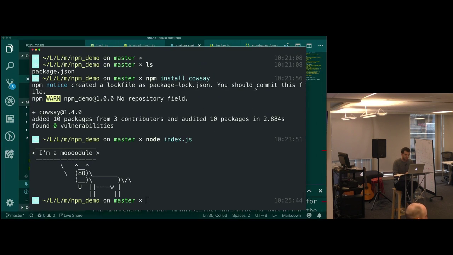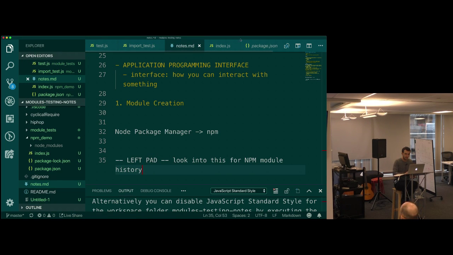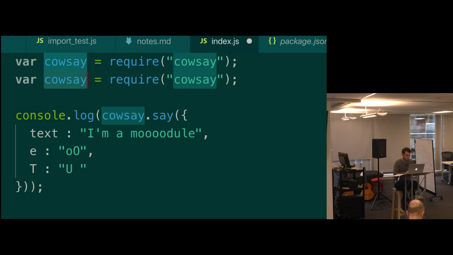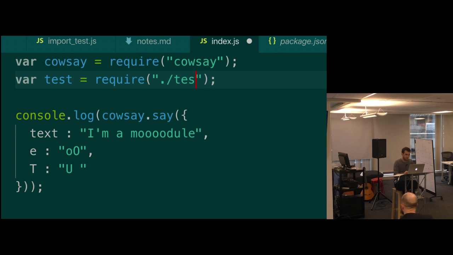Now, I brought in this module here, the little cowsay module. Is there anything fundamentally different about what I'm doing on this line than what I did in the other files? There's no period and forward slash for cowsay. It's just calling it with brackets. Oh, is it a JSON file? So for Victoria, the answer here was